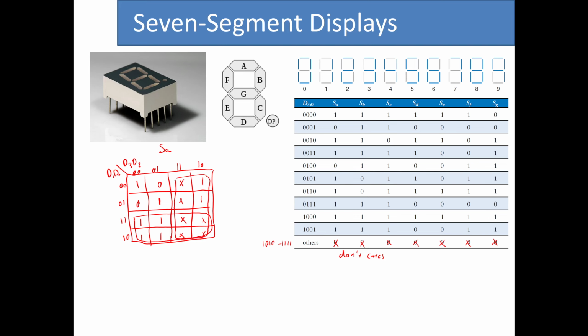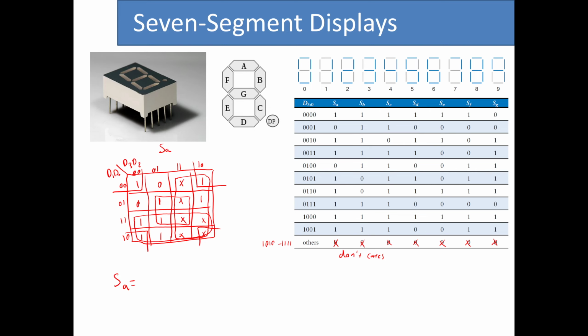This is another 8-cell. For this one, I can create this 4-cell circle. And for the ones on the corner, I can create another 4-cell circle. So now if I have this and I want to write down the function for SA,